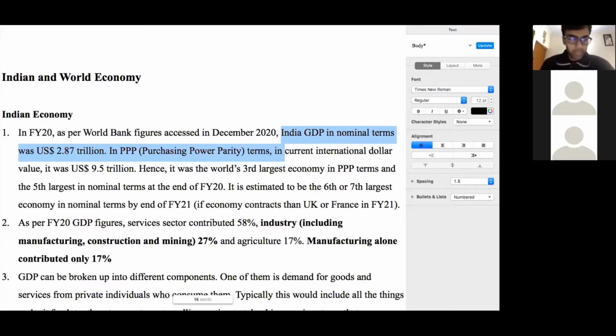populations are expected to use or consume these. So what will be the average price per month or per year for, let's say, an average person in the US versus what will be the cost of that same basket of goods and services per month for an average person or an average household in India? So if we take an average person in the US, we take an average person in India. If we take an average household in the US, we take an average household in India.